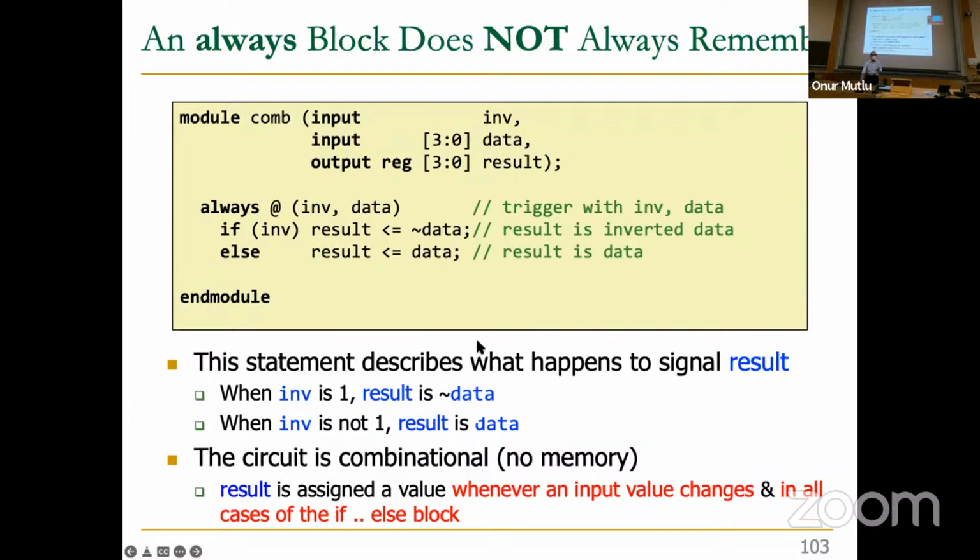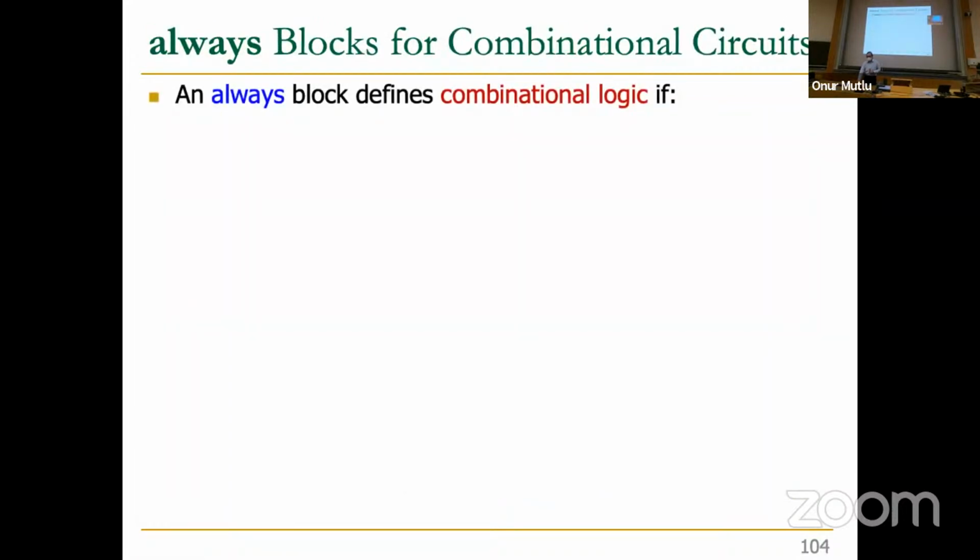Okay, so now this is the combination. Now what you can do with this always block became a little bit powerful. You can specify combinational circuits that are much more complex. You can have if, else, case statements, as we will see. So basically, it's more powerful. It's also kind of odd because now you can specify both sequential and combinational logic, and you remember something if